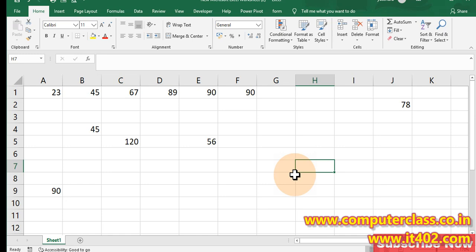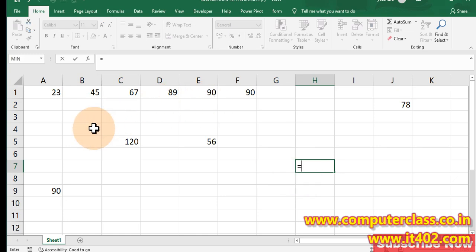There is a word you need to always remember, and that word is equal to. Exactly, you need to put equal to. After that you can try your basic calculation keywords like plus, minus, multiply, divide, if you don't know the particular formula.